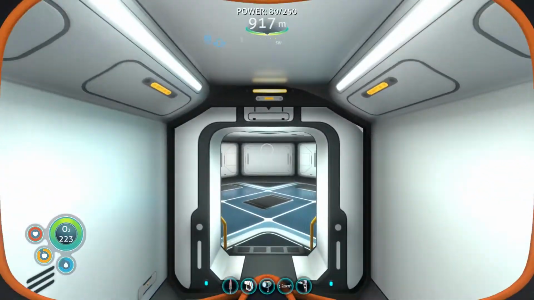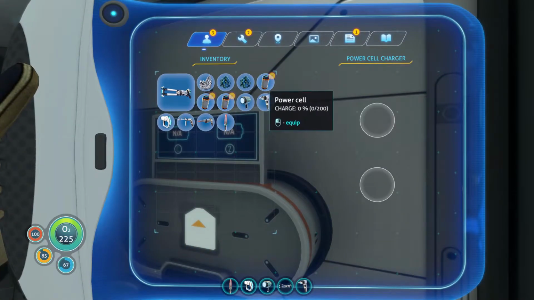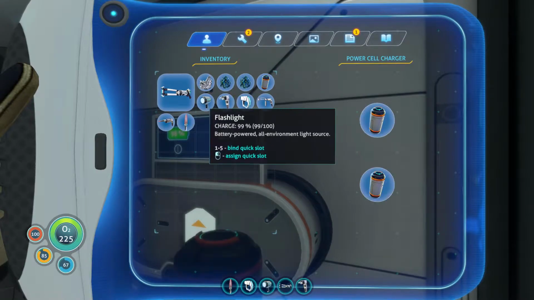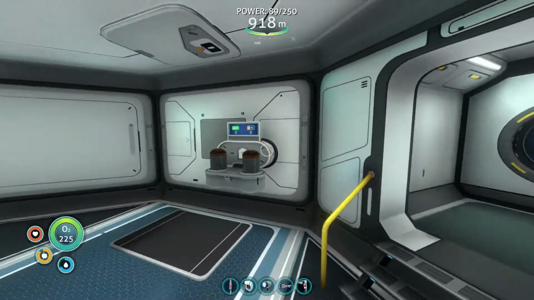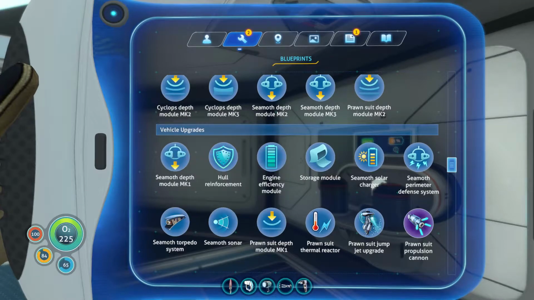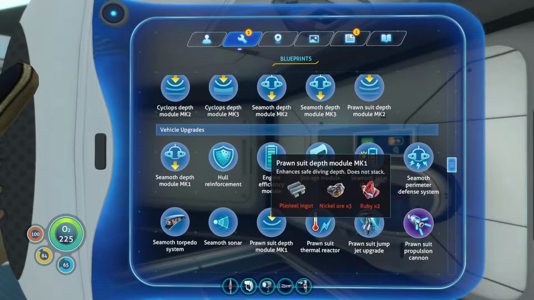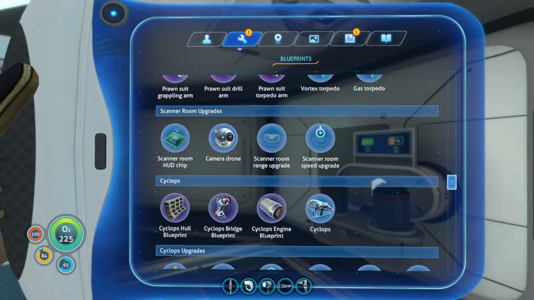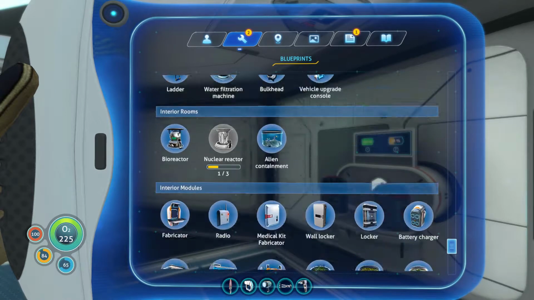Oh yeah, and last time, since it has been a couple days, I'll bring this up. Last time we did make the depth modules for the Cyclops and for the prawn suit. So we get about an extra 400 feet out of that. In order to make the next upgrades, we need... Did I make it for the prawn suit? I did make it for the prawn suit, yeah. In order to make the better ones, we'd have to go back to...